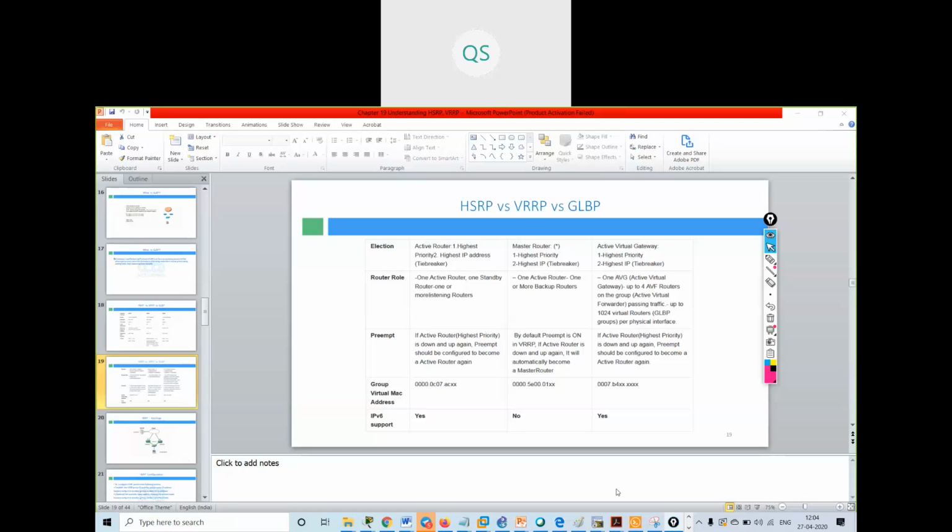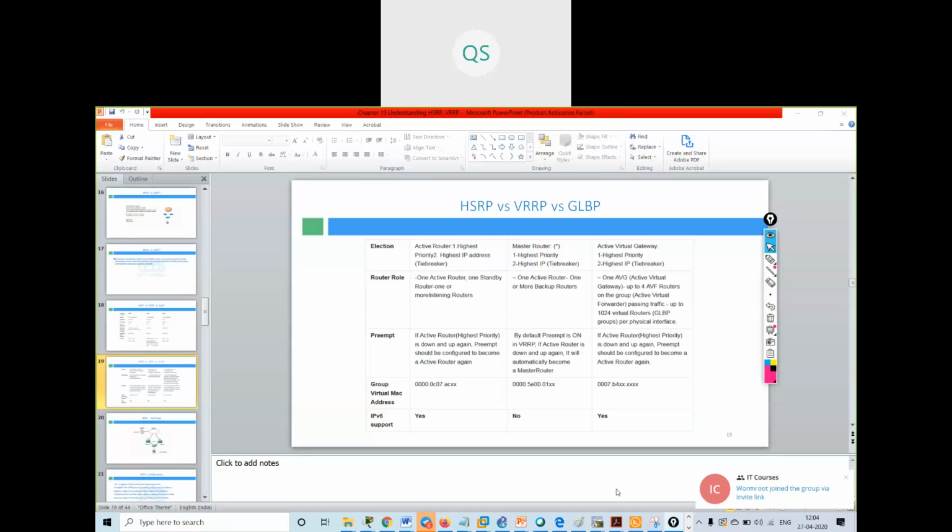So the configuration is similar to what we have done for HSRP. The same configuration is there, with a little bit more for load balancing added. Rest of the configuration is the same. We have already configured the basic IP addressing. Now our task is to configure GLBP on R1 and R3.